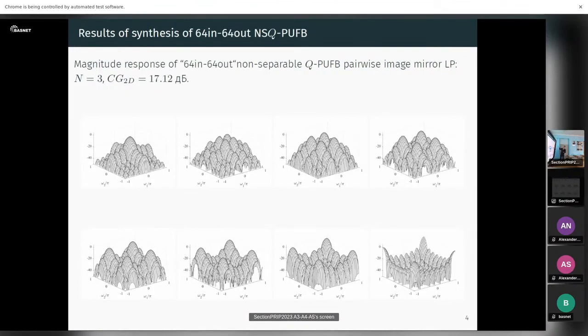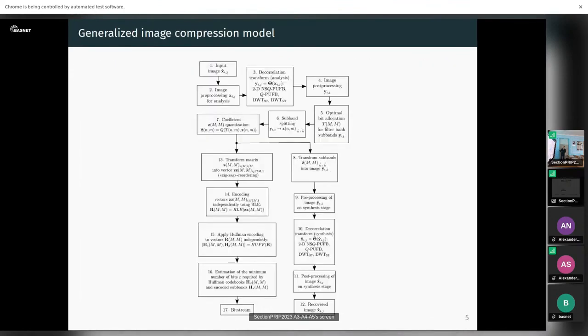It's an 8-channel filter bank, so it's split. This is the two-dimensional magnitude response. It can give us some brief information on how it works. And the next one. So, to develop a transform in a different way, we have to somehow compare it with existing